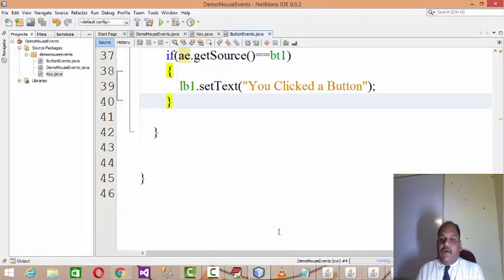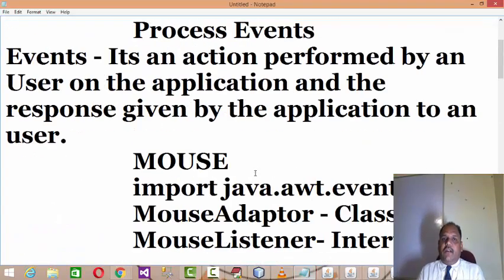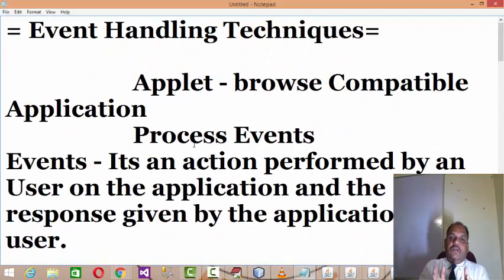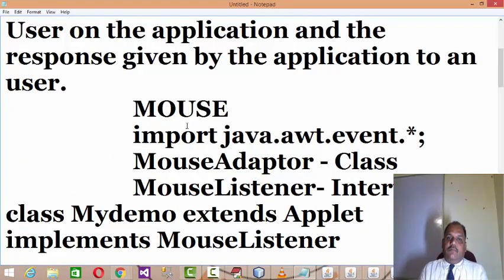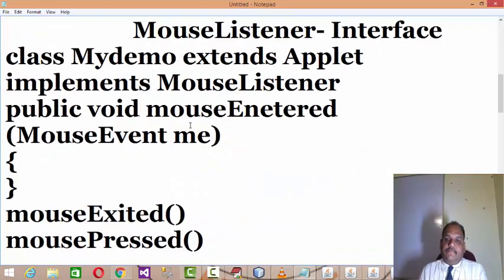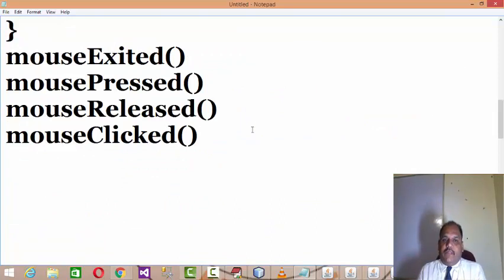Now what we learned in today's session is that an event means whenever the user fires any action on the application, the application gives some response. That is called event handling. We discussed three types of events: mouse, keyboard, and button events.